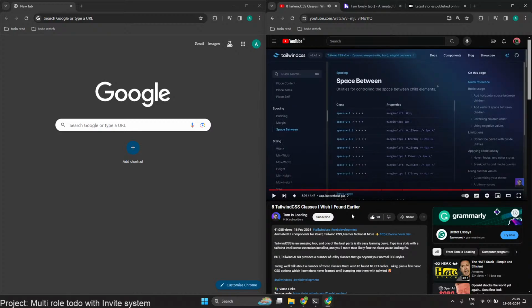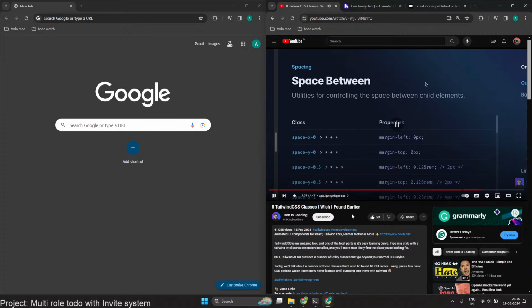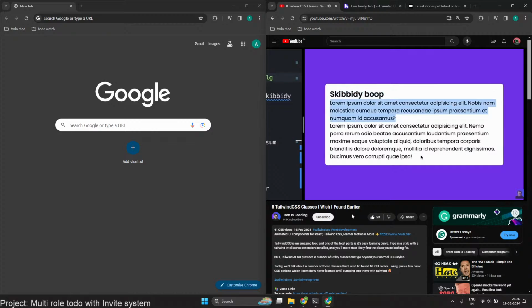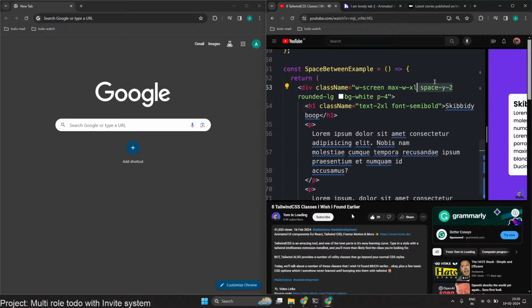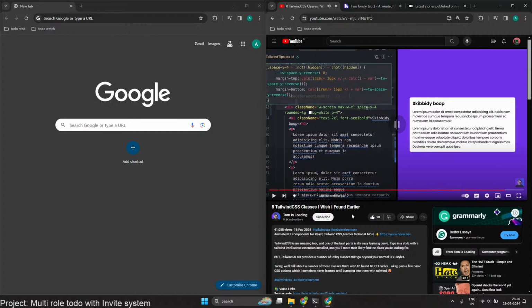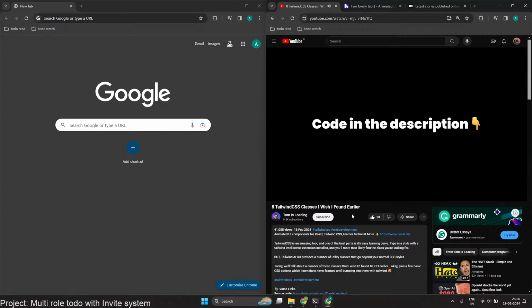And last but not least, we have space between. Space between allows you to get something like the grid or flexbox gap property, but without using gap, it just automatically applies the margins for you. An example could be for something like these pieces of text. I have 3 separate pieces of text, this heading, this paragraph, and I just want to have some even spacing between all of these. So I'll go up on my wrapping div and add a space on the y-axis of 2. That should then give us some kind of output like this, and we can adjust this as we see fit. So maybe I want a little bit more space, I can go space-y-4. You could do this on the x-axis as well. Obviously, this is not going to add anything for me because everything's on the y-axis, but I think you get the idea. All of the code for this will be in the description.